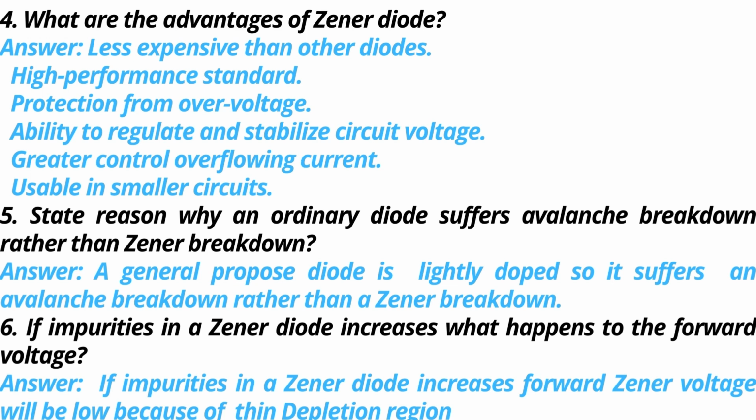5. State the reason why an ordinary diode suffers avalanche breakdown rather than Zener breakdown. Answer. A general purpose diode is lightly doped, so it suffers avalanche breakdown rather than Zener breakdown. 6. If impurities in a Zener diode increase, what happens to the